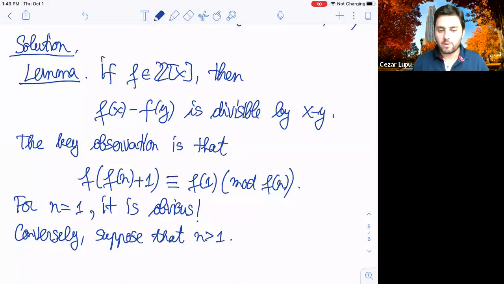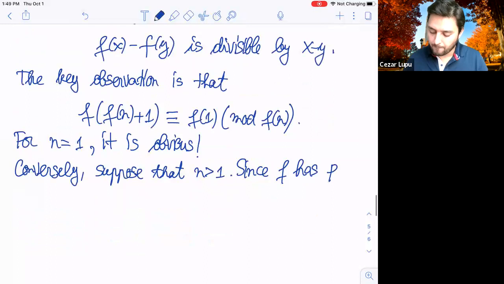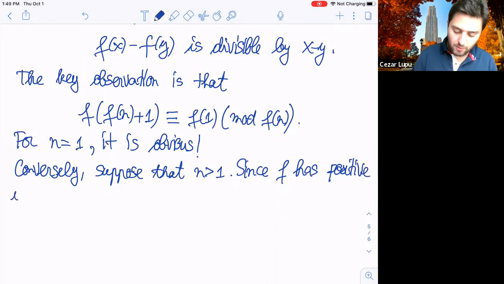Well, suppose by contradiction that n is greater than 1, and now we're going to use the fact that f has positive integer coefficients. So since f has positive integer coefficients,